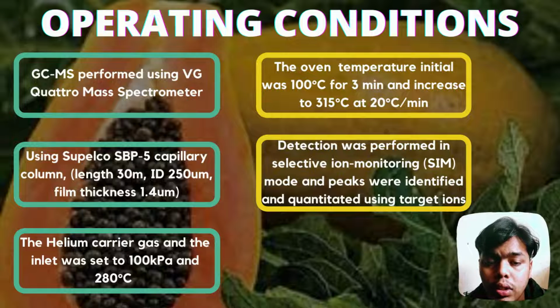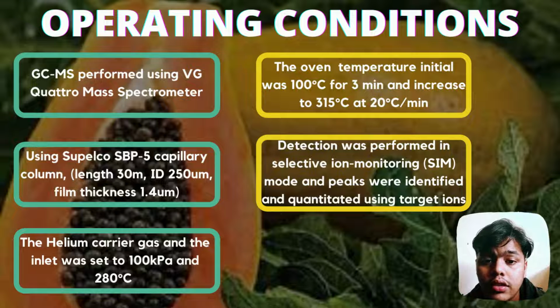Meanwhile, the oven temperature was initially set to 100 Celsius for 3 minutes, and then increased to 350 Celsius after 20 minutes. With an ionization energy of 70 electronvolts, the mass spectrometer was operated in positive electron impact mode. At a pressure of 10 E-minus, the ion source's temperature was 190 Celsius. The selected ion monitoring SIM mode was used to detect peaks, which were then identified and quantitated using